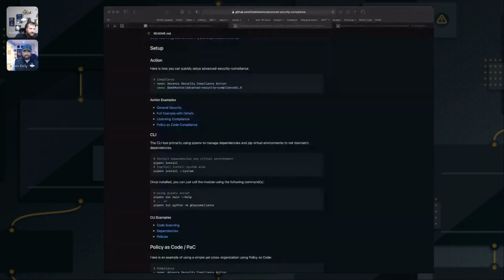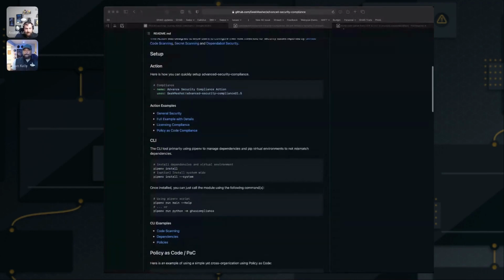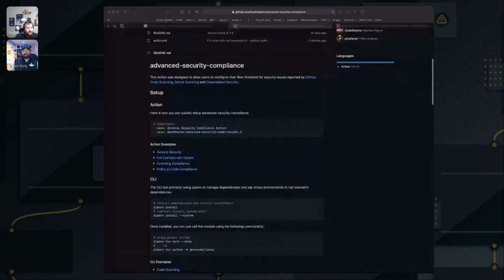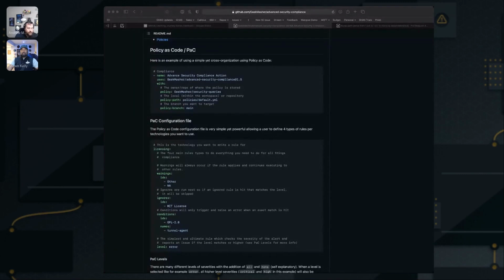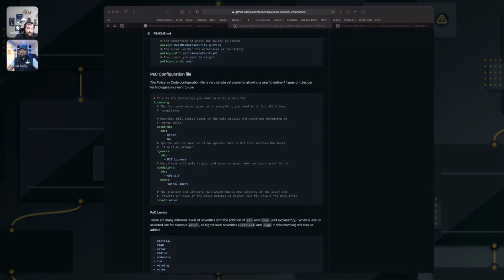All right, so with this action, this is a GitHub action which leverages the code scanning, Dependabot, and secret scanning APIs. So what you actually could do is, via the Dependabot functionality of this, create an allow deny list of components that you would or would not want in your build. And from there, you can actually have it fail a GitHub action. So if you insert this as part of, let's say, a build check before you actually finally package and publish your build to packages or artifacts or something like that, you can run this and then break that process.